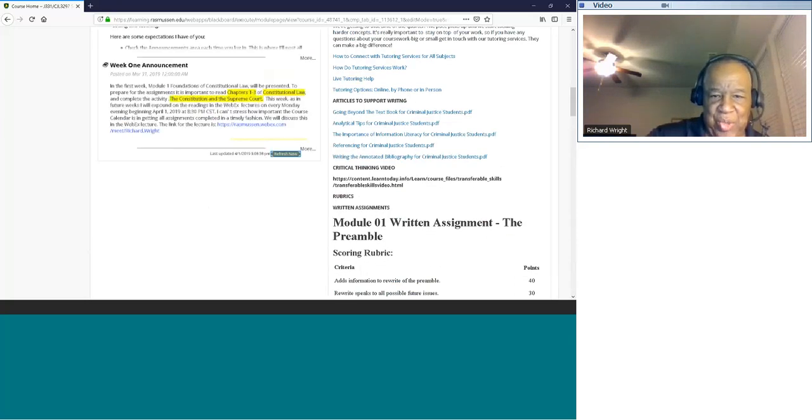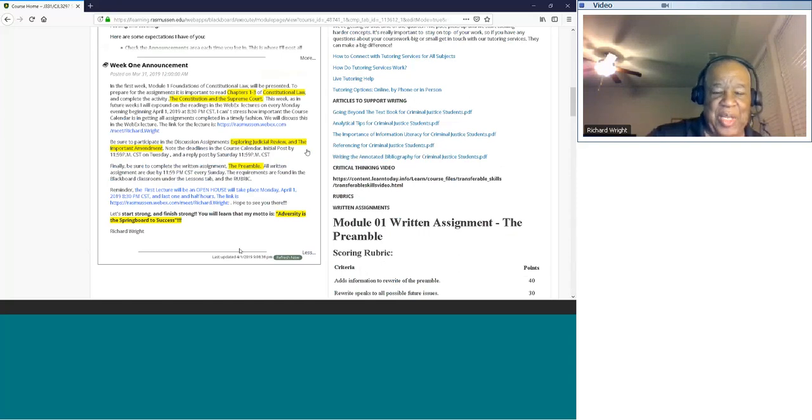And let's make sure we got everything. Okay, now let's open it up. This week's topic is Foundations of Constitutional Law. Again, I will not go into it in detail because today is more of an open house. I'll just touch on how you can be brought up to speed. Your textbook requires chapters 1 through 3 to be read. And then there's the activity about the Constitution and Supreme Court, which we will go over in a few minutes.